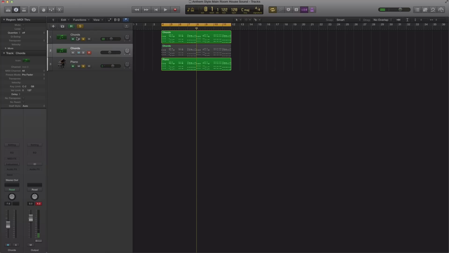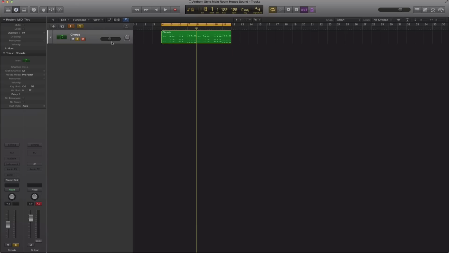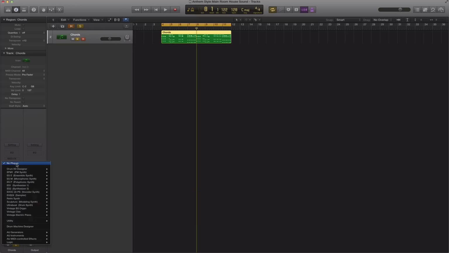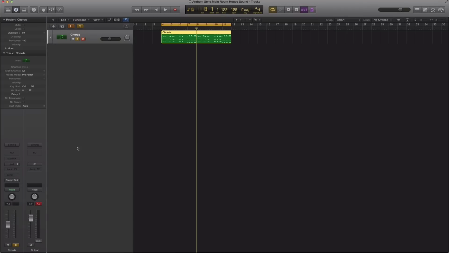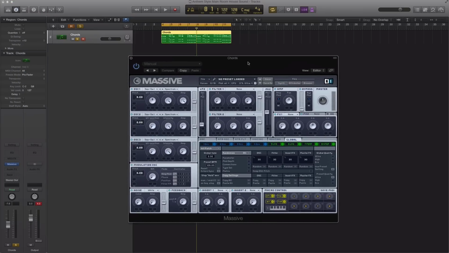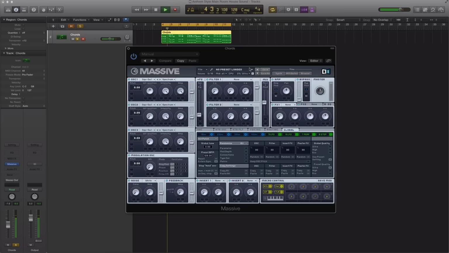So I'm just going to go ahead and solo out this track that we'll be working with, and hide out the other ones. And for this track, we're going to use a software synthesizer by Native Instruments, and it is the popular Massive. We're going to work off of the default settings when you open up Massive, and we're going to use